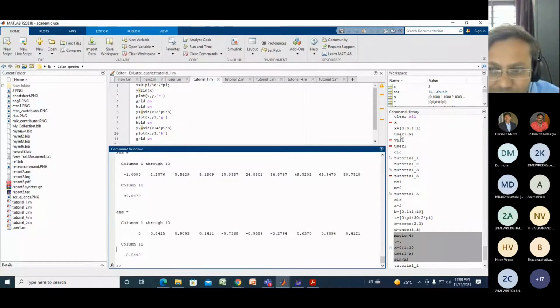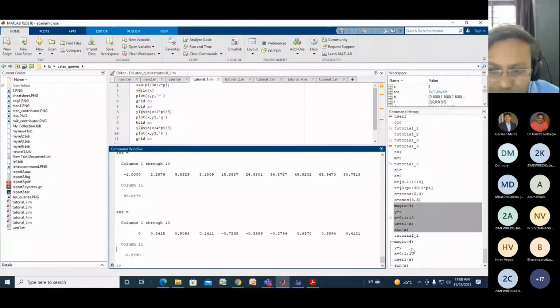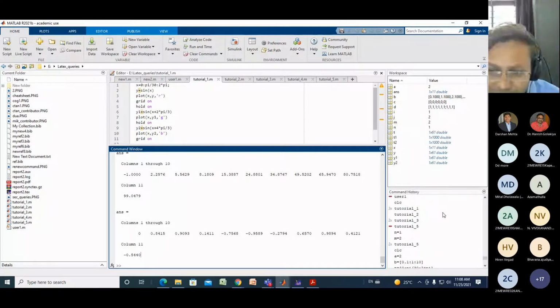So the command history means it will keep the history of the commands. For an example, if you have an error in some command, you can repeat it. Or for an example, you had taken another value of x, but at that time you had an improved result, so you can further use this value of x. So command history means it will keep the history of all the commands which you have entered into the command window. This is the importance of the command history.